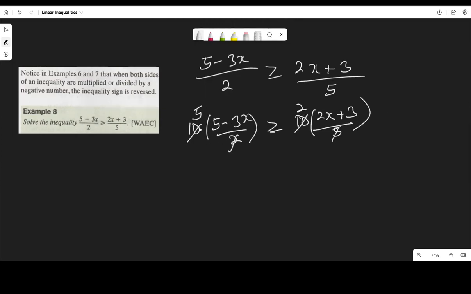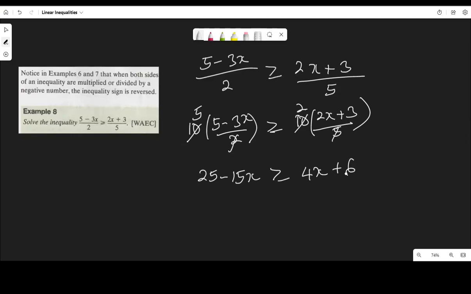So now let's distribute this 5. What do I mean by that? I will multiply each term in the bracket by the term outside. Do it here, also do it here. So 5 times 5 is 25. 5 times negative 3 is negative 15x, greater than or equal to 2 times 2x, which is 4x, and 2 times